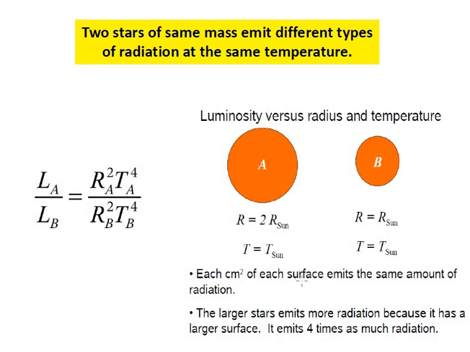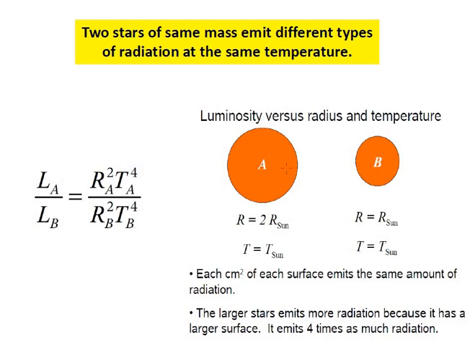Now since each square centimeter of each surface emits the same amount of radiation, this means that the larger star here emits more radiation because it has a larger surface area. In fact, it emits 4 times as much radiation, which we can obtain using this relationship here. Using this relationship we can get an idea about the different luminosity, and since they are different luminosity,